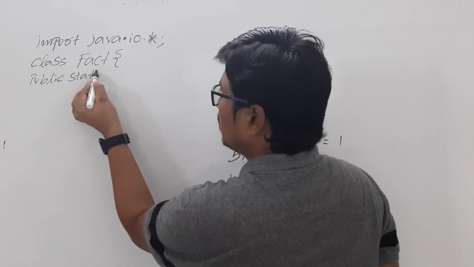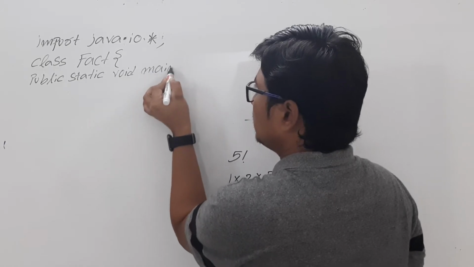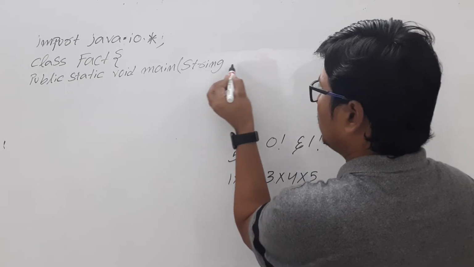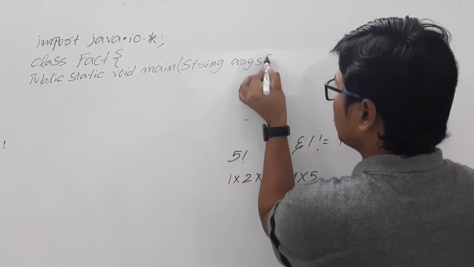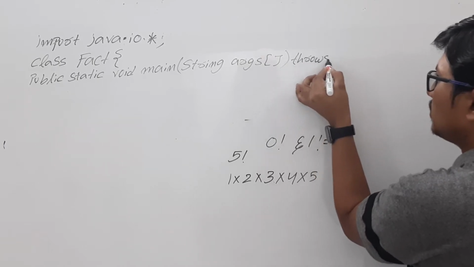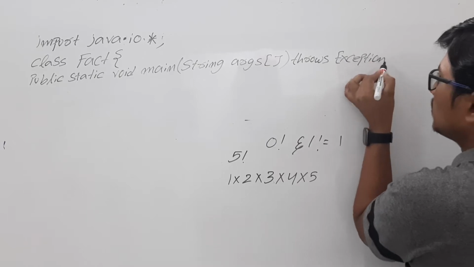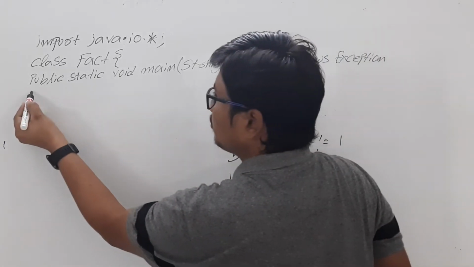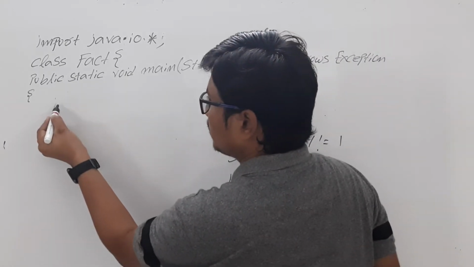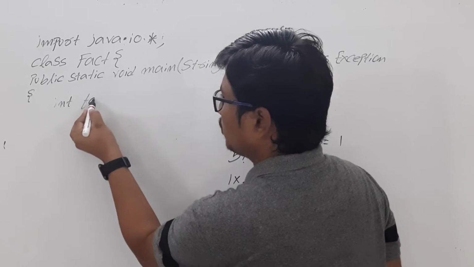public static void main(String args) throws Exception, and then open the main function, and then you can declare the variables, like I will write int factorial,